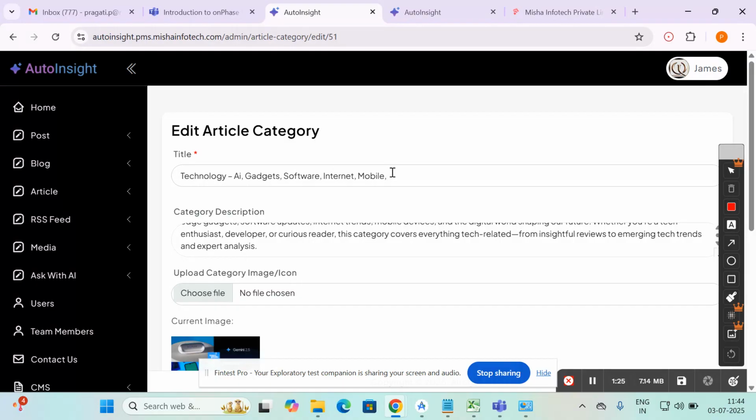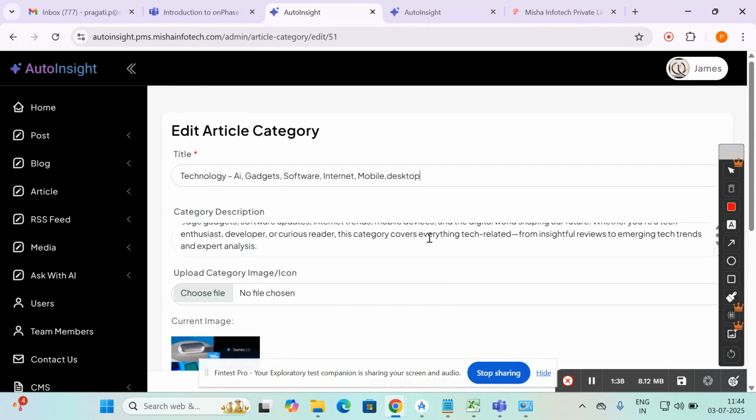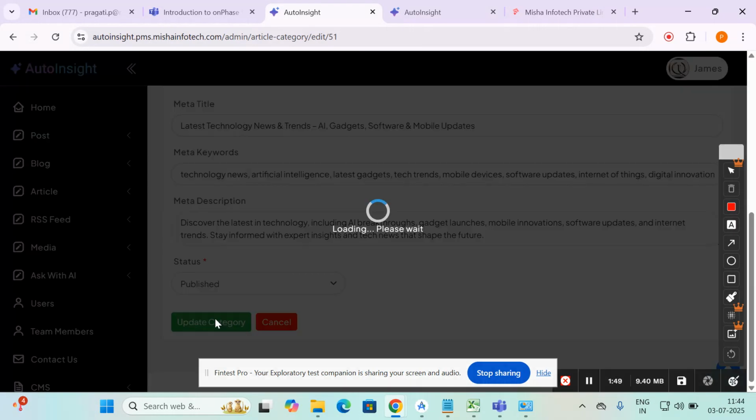Mobile, like desktop. So set the status. Already in my previous videos, I mentioned that asterisk option is mandatory and other is optional. Update the category.